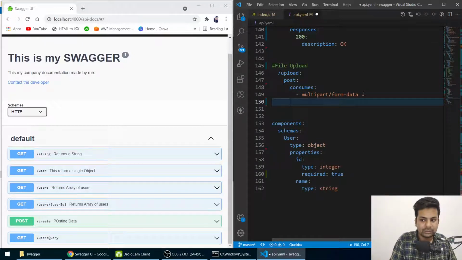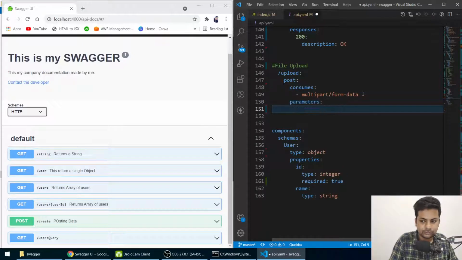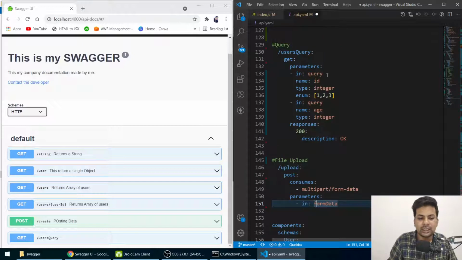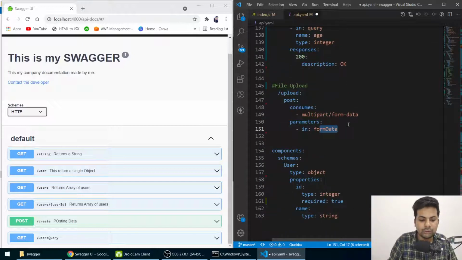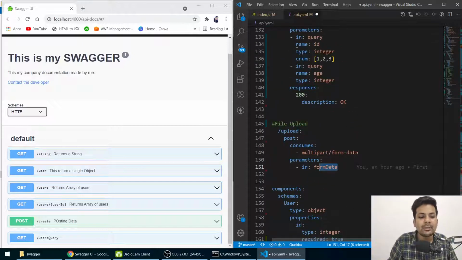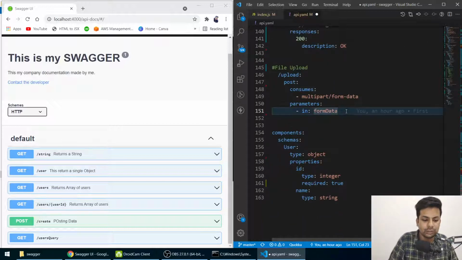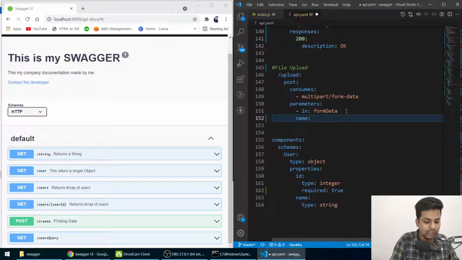And what parameters will it have? So I'll say parameters, and here it will be in form data. Earlier it was in query, now I'm telling it will be in form data. And now I'm telling the name and the type, so here also I'll tell the name. The name I'll make as file.